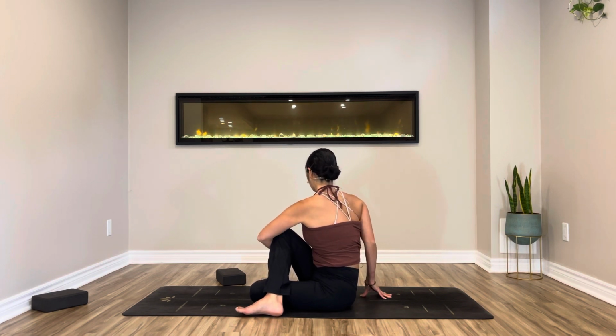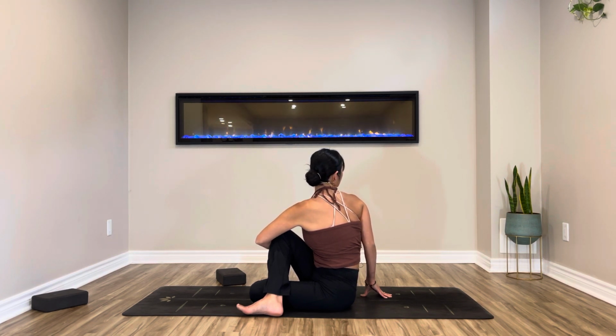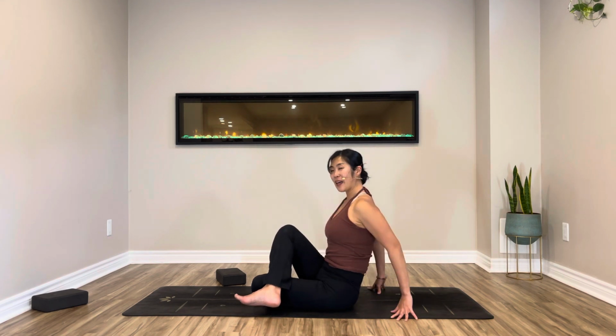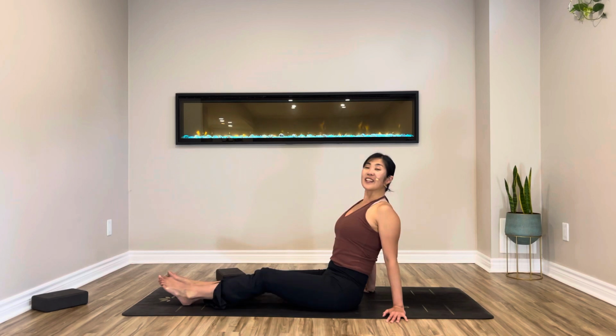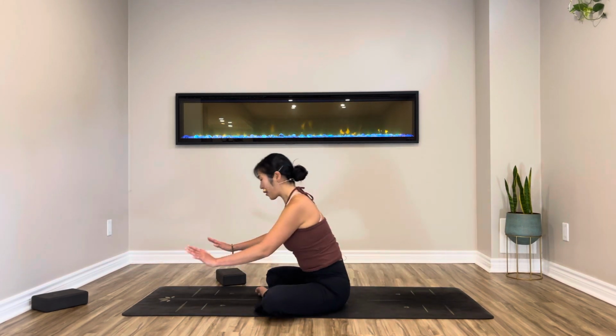Hug your right leg towards your chest. As you press your sit bones, look over to your shoulder. Very nice. Carefully untwist, lean back, legs straight forward, and let's shake it out. Well done. Let's cross your legs, shifting your weight forward,